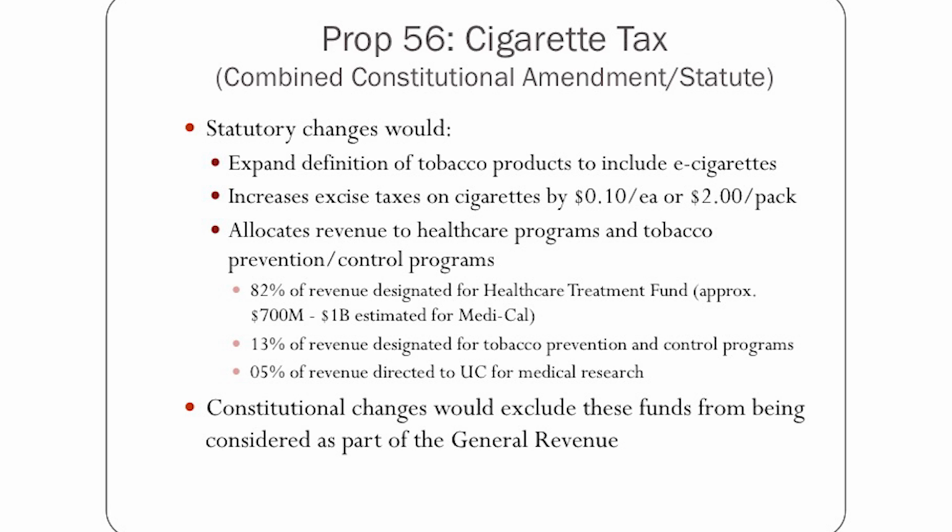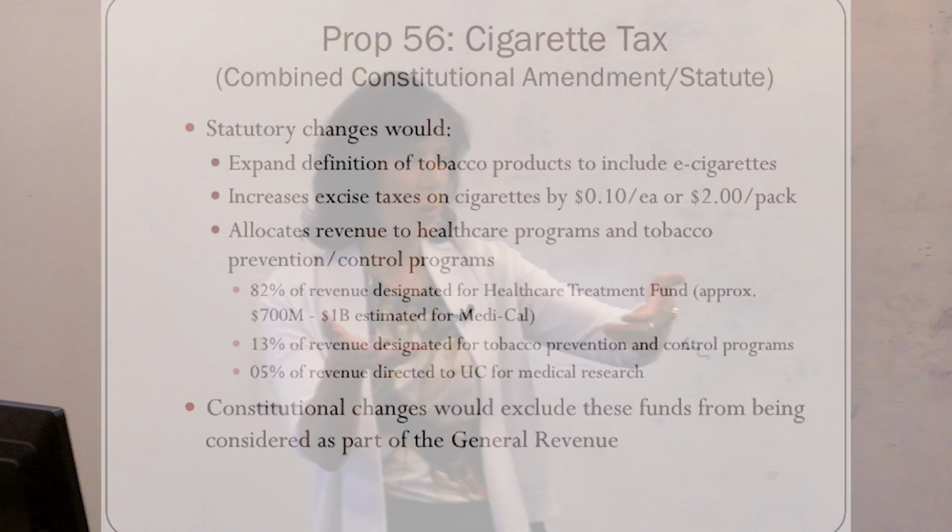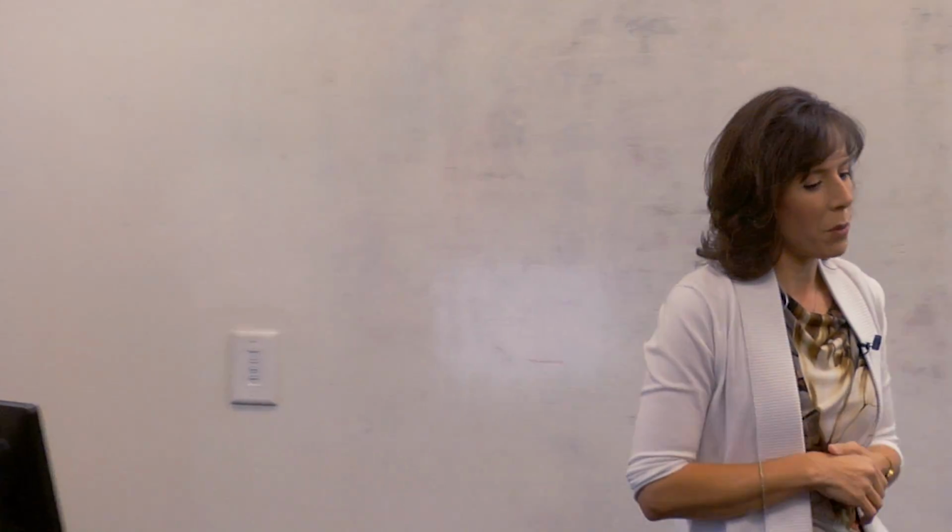The constitutional change would basically preserve those funds. They wouldn't be allowed to be lumped into the general revenue. So it would not increase the amount of funding that you would see on that first couple of pages. The cigarette tax wouldn't necessarily triple in size because these funds would be off books. They wouldn't be counted as part of the general revenue. They would be set aside specifically for these programs. And so that would require a constitutional amendment change. Anything that's shielded from the general fund is something we have to allocate in the Constitution.